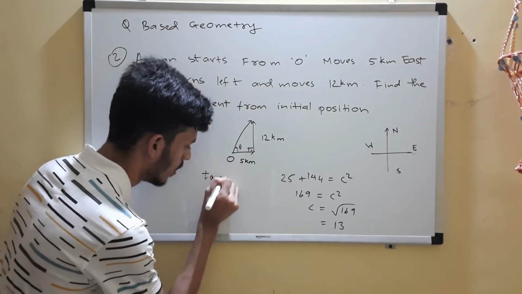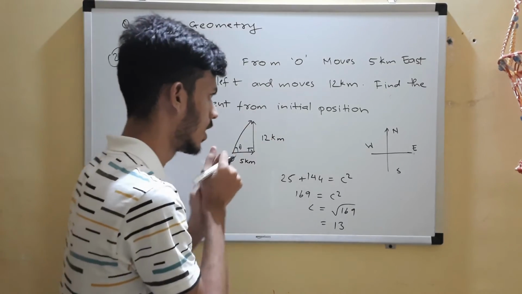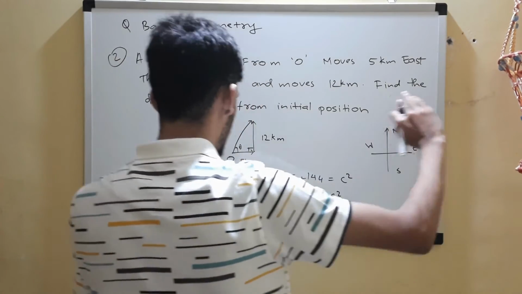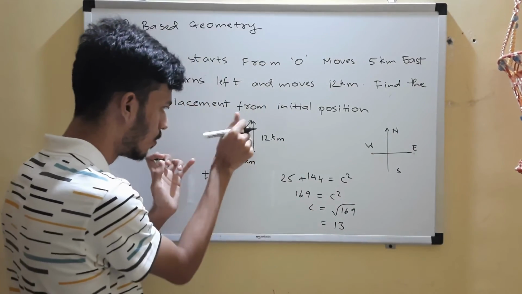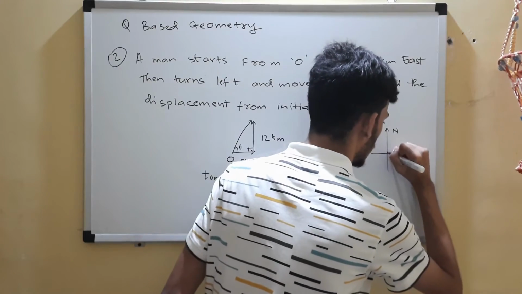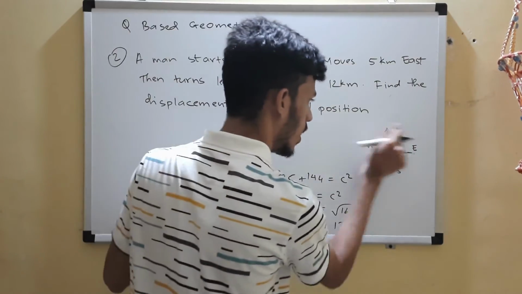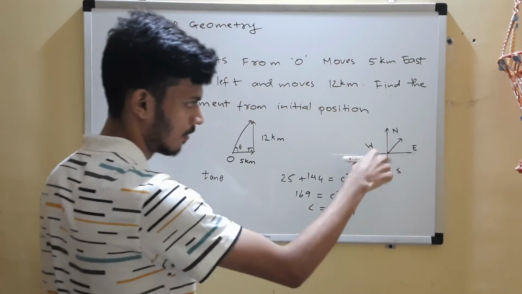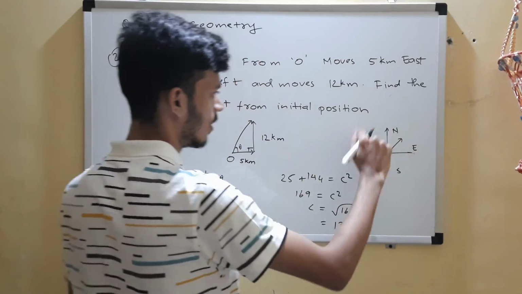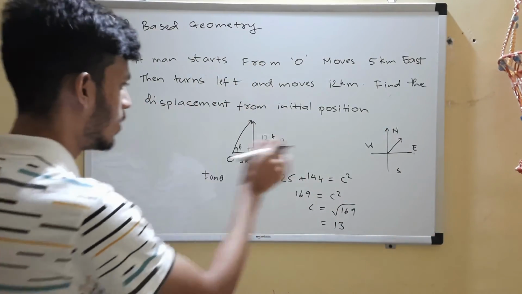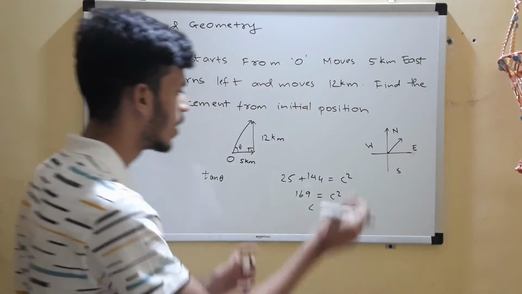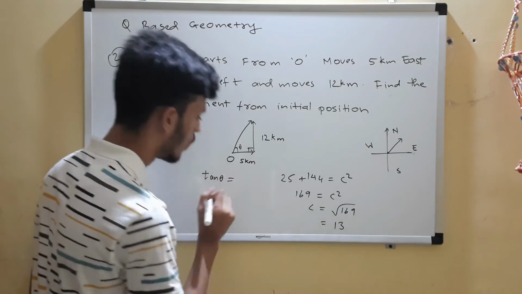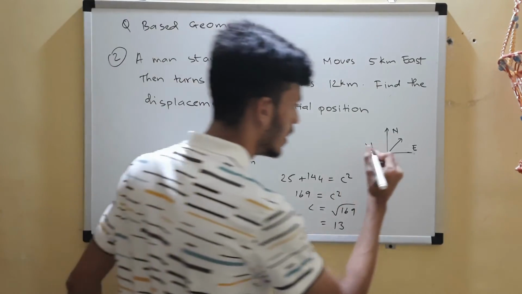Now you can see the direction, right? What is the direction of that vector? Northeast, right? If you can't relate it, you have to move this vector parallel, get the tail to the origin of the north south east west diagram, and you will find the direction is northeast. From here only I can see it's northeast.